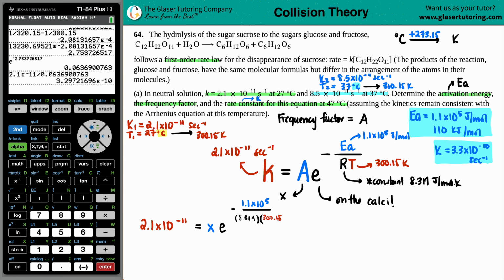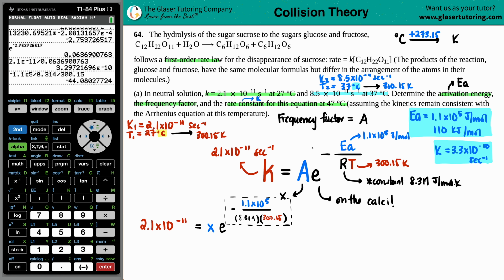300.15. Okay, now what you're going to do is let the calculator do all of this in one shot. Get this to being one number, right? So I'm going to say negative. The negative's in the formula. 1.1, second comma, times 10 to the 5th divided by 8.314. And now since I'm not using parentheses, I'm going to press divide again to get that number in the denominator. But you can get these numbers to being one number and then do the division. It doesn't matter to me. You should get the same number at the end. Okay, so we got